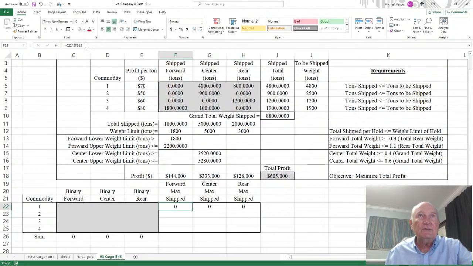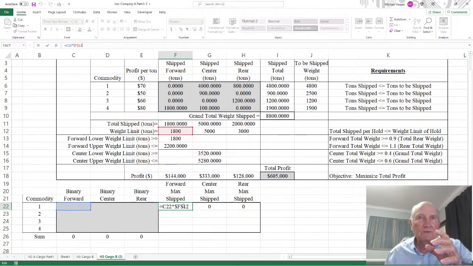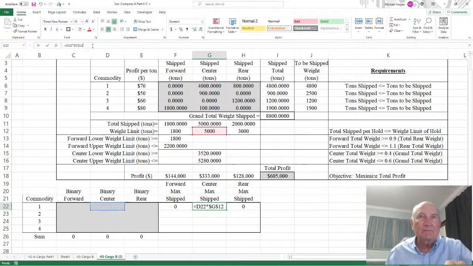Okay, and so you notice what we did here. We put the weight limit times this, so that'll either be a 0 or 1. So this is either 0 or 1, the blue, but this right here will either be 0 or 1800. Okay, and the same as here, and the same as here. And then we copy this down. So when we copy this down,